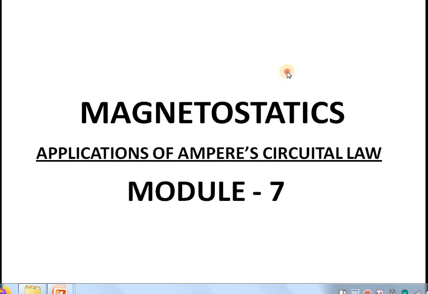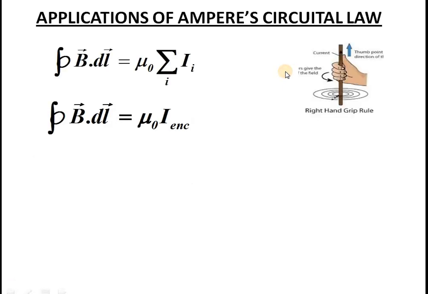Today we will see it has so many applications. We will come across different applications of Ampere's circuital law today. So this was the relation: line integral of vector B dot dl is equal to mu 0 times the total current enclosed by the path. In abbreviated form we write I enclosed. This includes all the current passing through the closed path. You can take any closed path around the wire, and this will always be true.